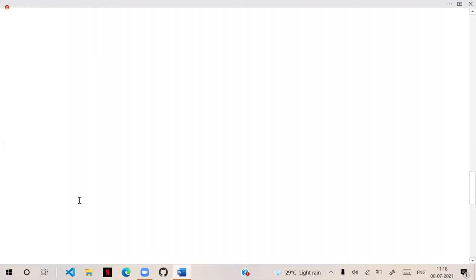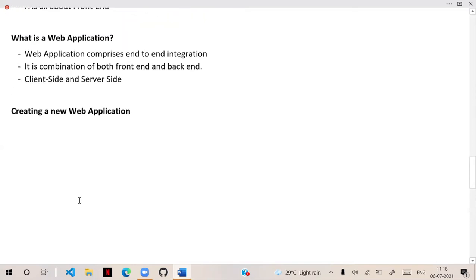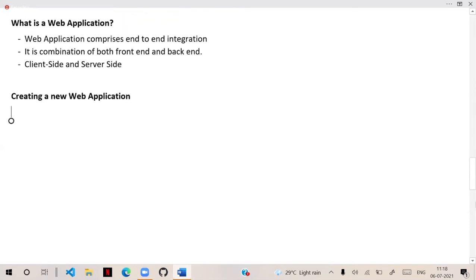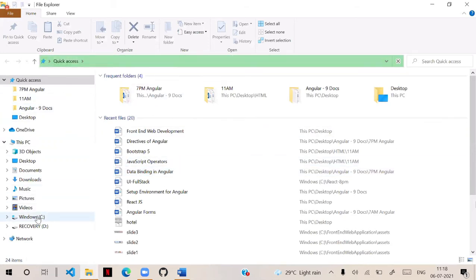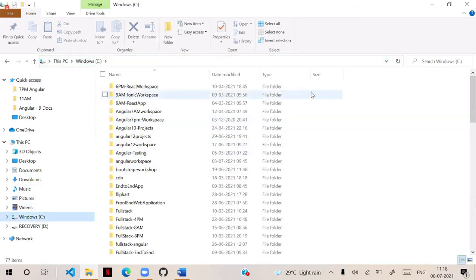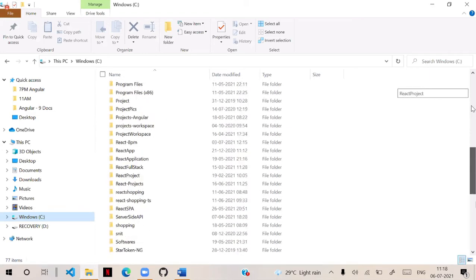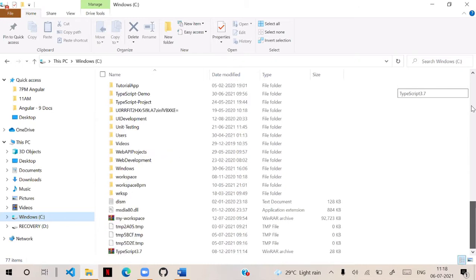To create a web application, the first step is to go to your computer locations, your PC, C drive, D drive, E drive, anywhere in your PC, and create a folder for your projects.